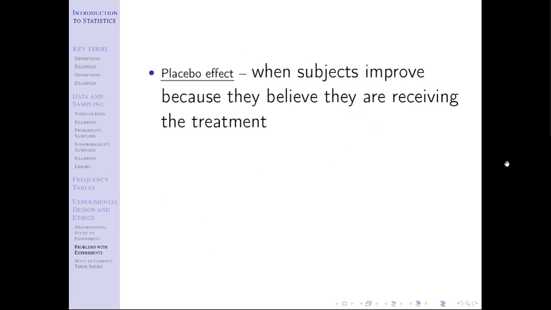We have some problems with experiments. The first one here is the placebo effect. That's the one I'm having you write down. It's when subjects improve because they believe they are receiving treatment. And this is real. Not sure if you're aware of this, but in clinical drug trials, the placebo groups do improve in just about every area possible. I spent time working on a